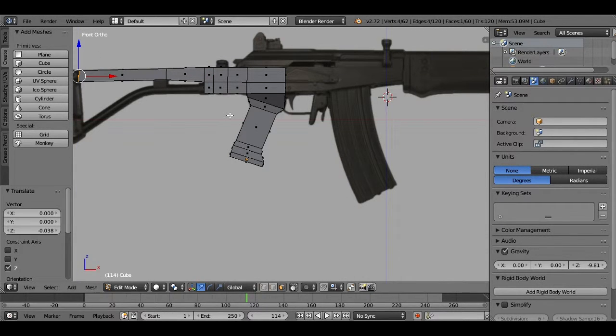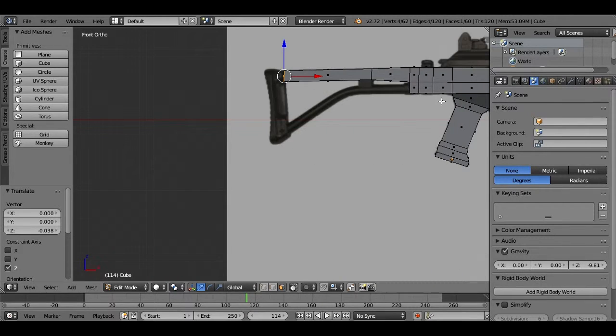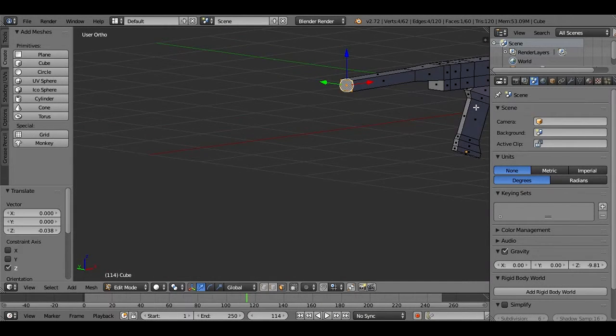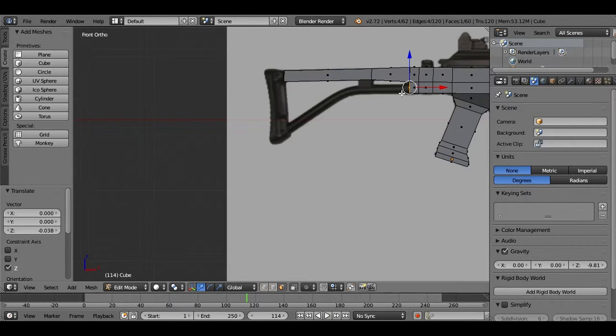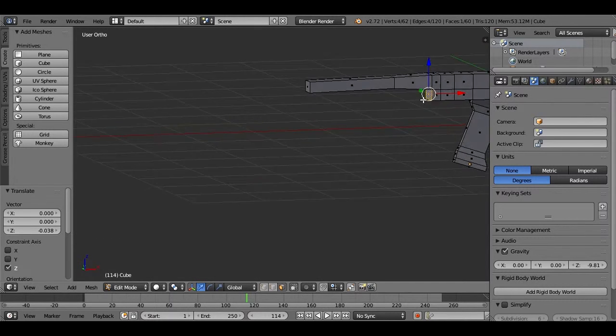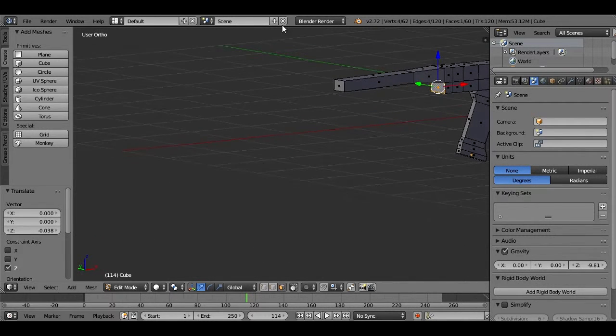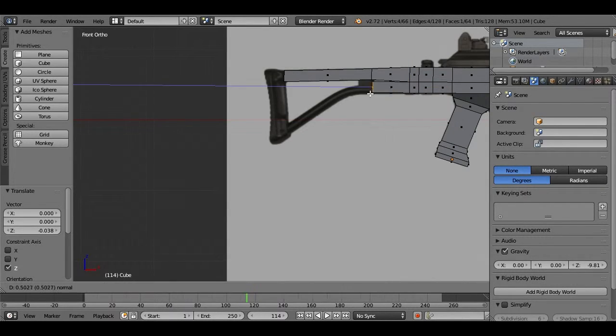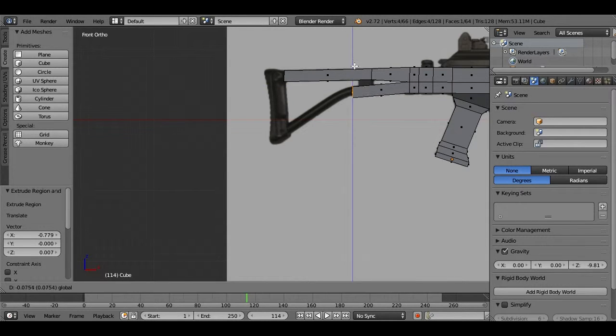You're going to hit Control and scroll wheel to zoom over to the sides, just in case you didn't know that. I'm going to keep on going. Once again, all I'm doing is holding the middle mouse button to move around. I didn't actually say that before, so I might as well just cover that. And I'm just selecting the face because I don't want to have to end up getting that. So you're going to keep on doing this